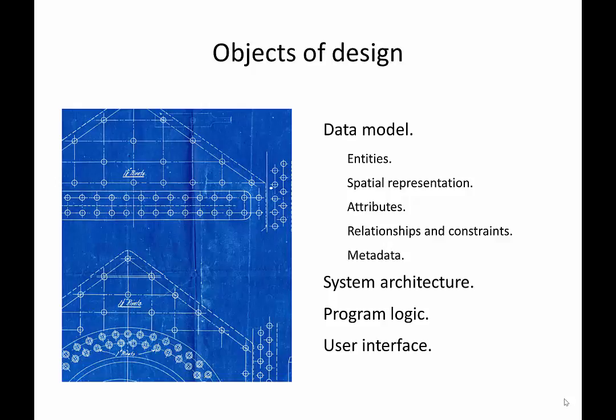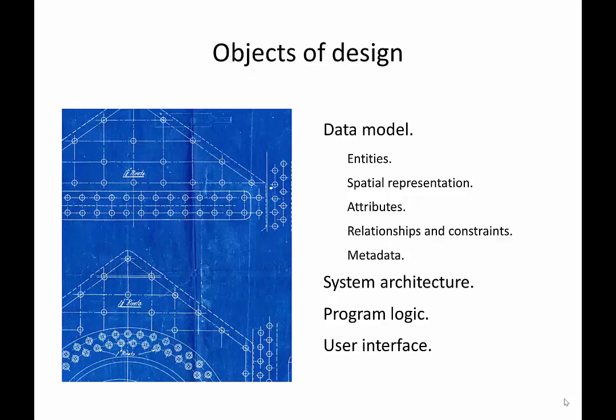Okay. But first, before I do that, we talk about design. Well, what are we designing? Because there are lots of things involved in the design of a software system. So obviously this semester we've been concentrating on the data model, how we structure the data in a database or in a database system. What are the entities of the system, the real world objects that we're trying to model, the data entities, what's the appropriate spatial representation to use? These are all design decisions. What the attributes of the entities, the objects that you've defined, are, what are the relationships and constraints that exist between the entities,